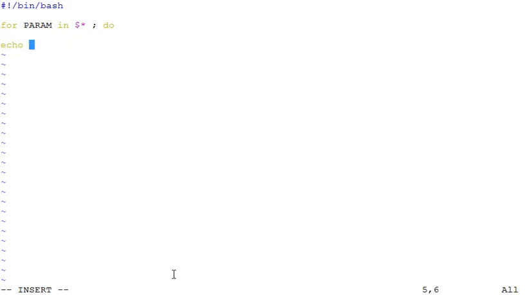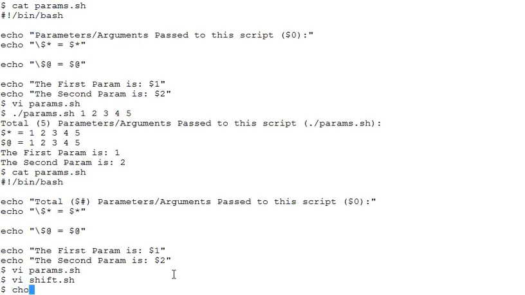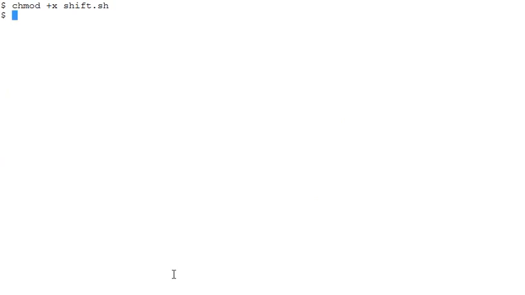I'm not using the shift command in this example. Let's save and quit. No output because we passed no values.